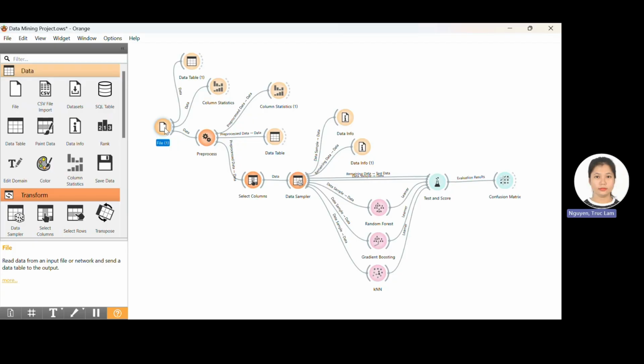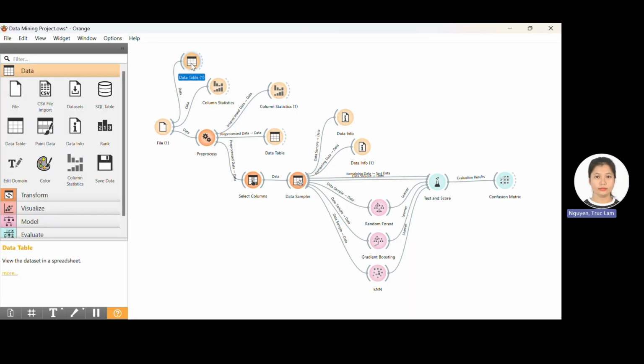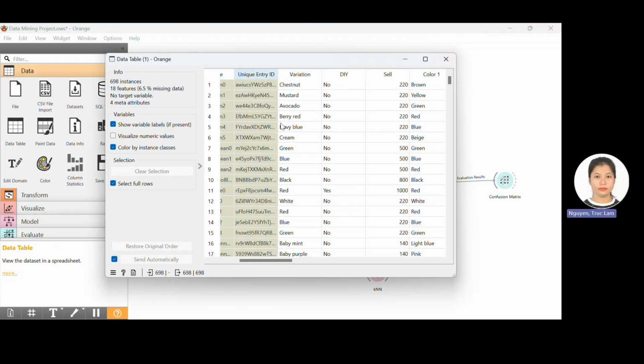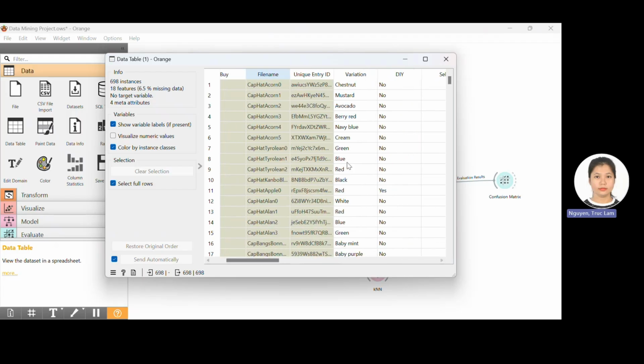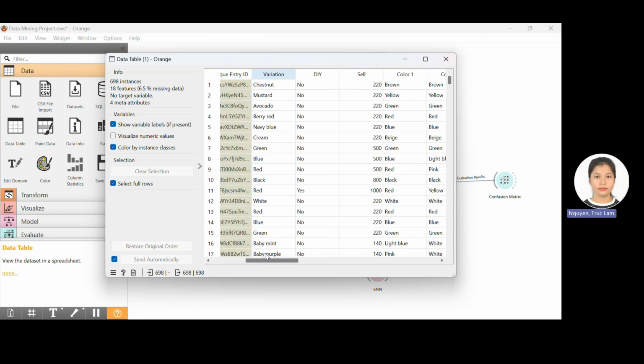So I use the File widget to import the CSV file, and after loading the data, I focus on understanding it. First, I use Data Table. You can find it in the Orange features here, the Data. I use Data Table to review key columns. The dataset I use is Animal Crossing New Horizons, so we can see the sell price, buy price,